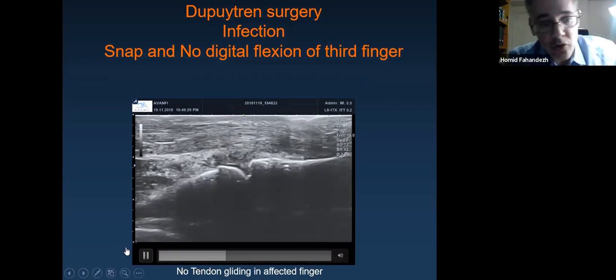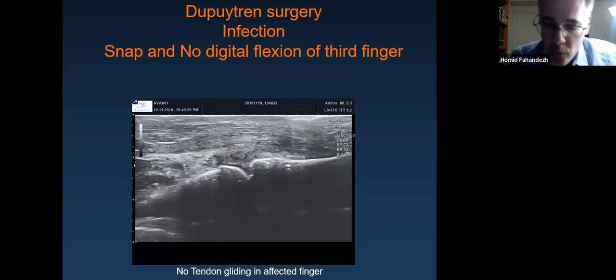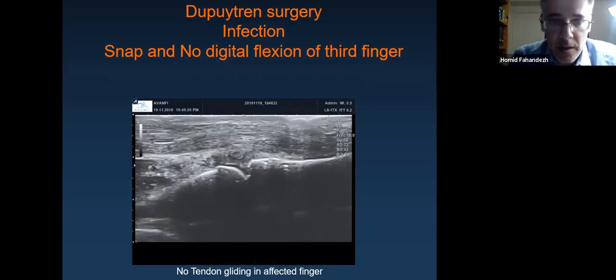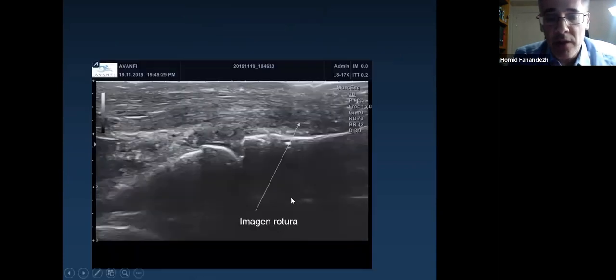And here you are not going to see any movement, even when I do a passive motion. So in this situation, you have to think about a rupture or